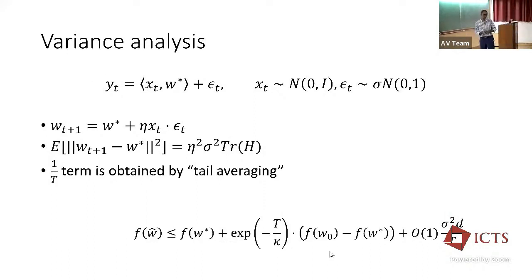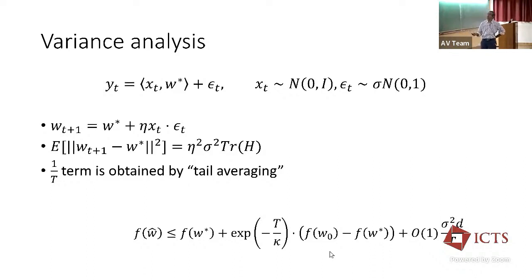Obviously, putting this proof together requires a little bit more effort. But if you think intuitively, what variance says is that even if you're at the optimal point and you start doing gradient descent, or stochastic gradient descent, around it, you will not stay at that point. You will have some kind of perturbation around that point, right? And the variance term essentially captures how far you can move away from that optimal point, right? So for that analysis, let's just say that suppose I was at point W star,